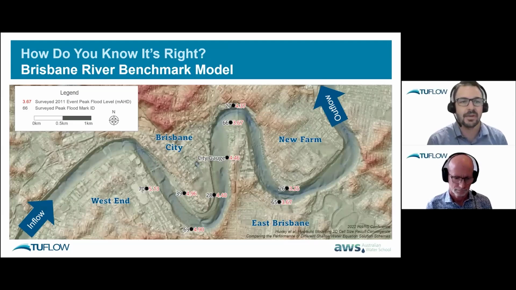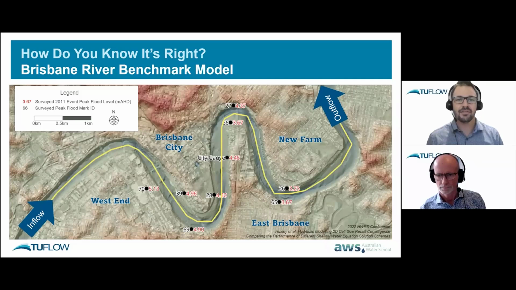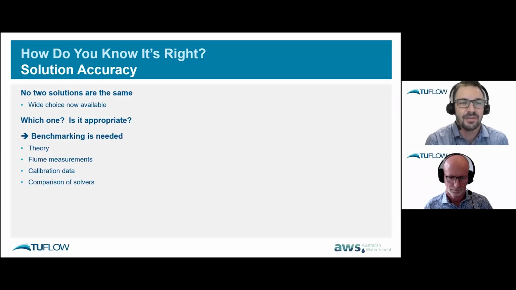Let's now look at a bit of a benchmark test case for that same catchment. We've got some recorded flood levels there highlighted with black dots, and the levels that were recorded for the 2011 event at looks like half a dozen different locations. Now, if we just focus on the Brisbane City gauge and also that long section, we can use a comparison between different solutions that are available.